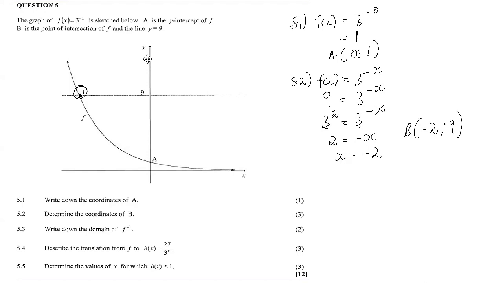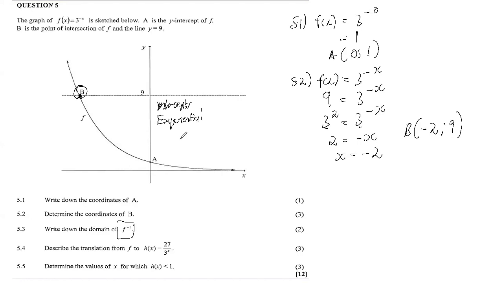Then let's proceed. We have 5.3. It says write down the domain of the inverse. Note, we are writing the domain of the inverse. Now we know the relationship between the exponential graph and the logarithmic graph. Let's just analyze it here. Let's start with the intercept. If we are working with the exponential graph,